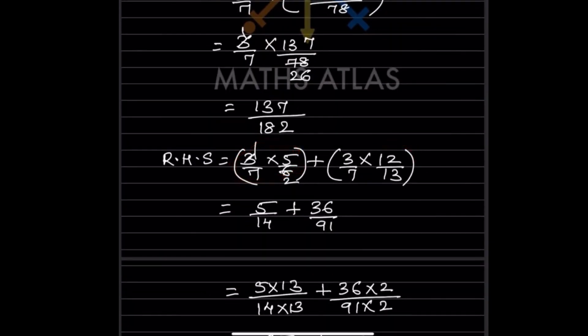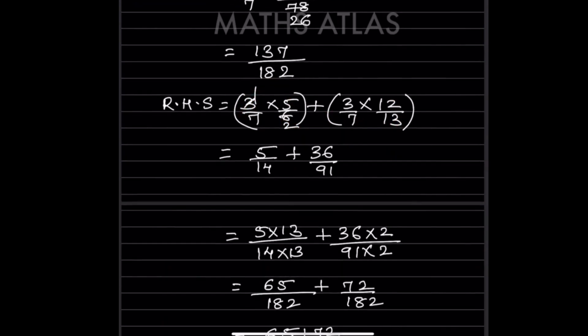So this is going to be what? 3 ones are, 3 twos are. So that will be 5 by 14 plus 36 by 91. So now here what we can say, the LCM here, just see, because these both numbers are different. When you take the LCM of this one, just we'll write it here,